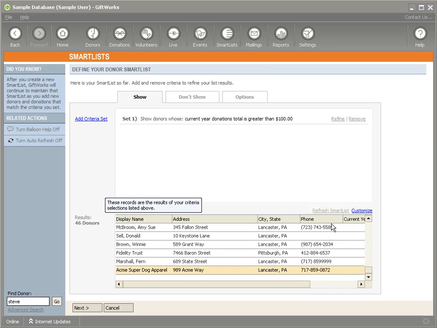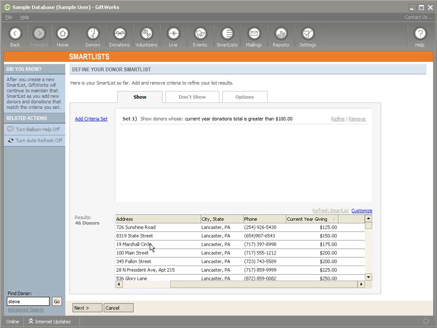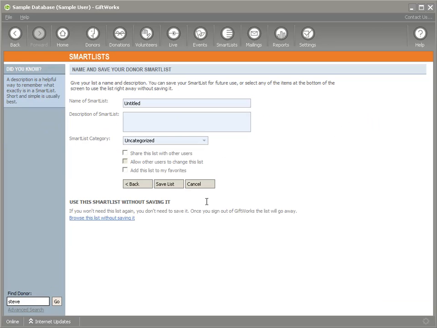I can even sort it if I want, so I can see that all these donors have given over $100, and that's why they're included in this list. So I see current year total donations greater than $100, and I can go ahead and click on Next. Now there's a lot of other functionality around Smart List, but just to show you the general idea of what they can do, I'm also going to say current year givers over $100, and I can add this list